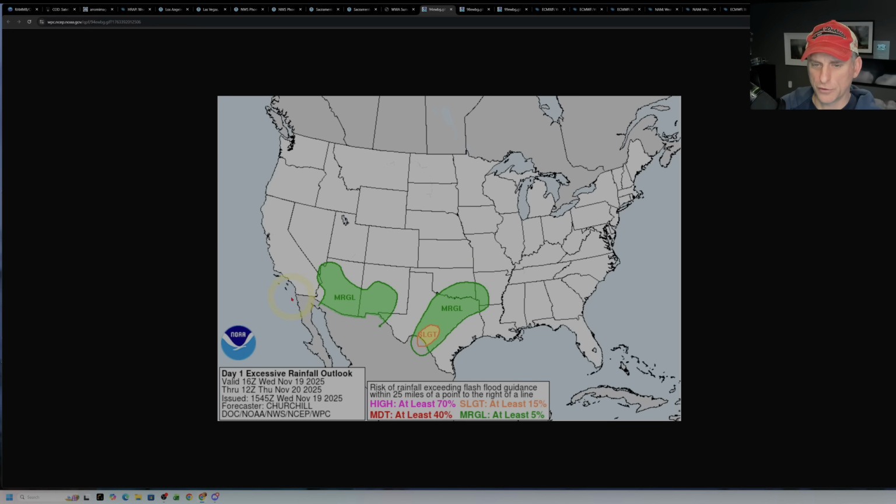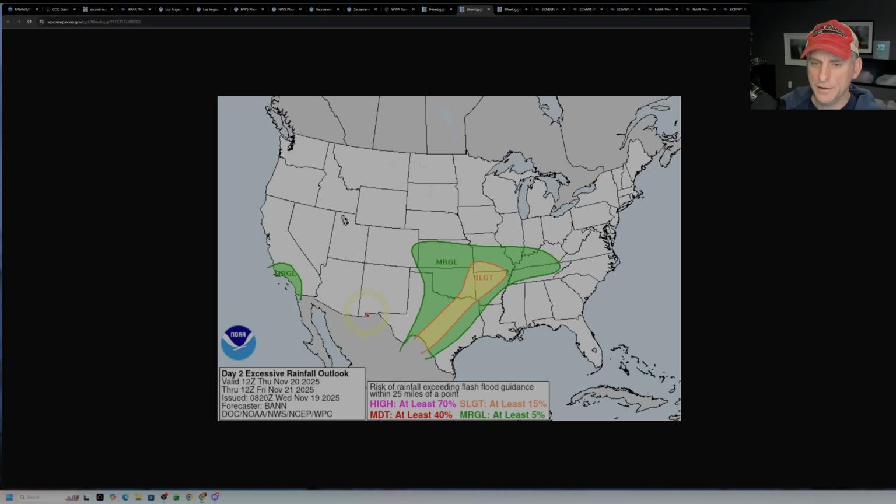Now, this is day one. We saw that precipitation occurring across portions of western Arizona, just clipping California and some of Nevada. Day two, here we go again for Southern California. Got that marginal risk. Not an exceptionally strong system, but again, with a lot of rainfall, it could cause some issues. And there's day three, like I mentioned, could be getting out across some of the desert areas, including southwest